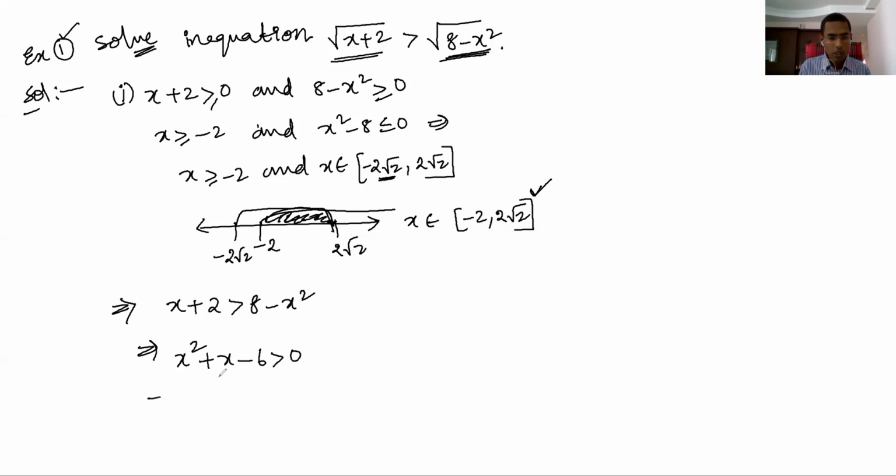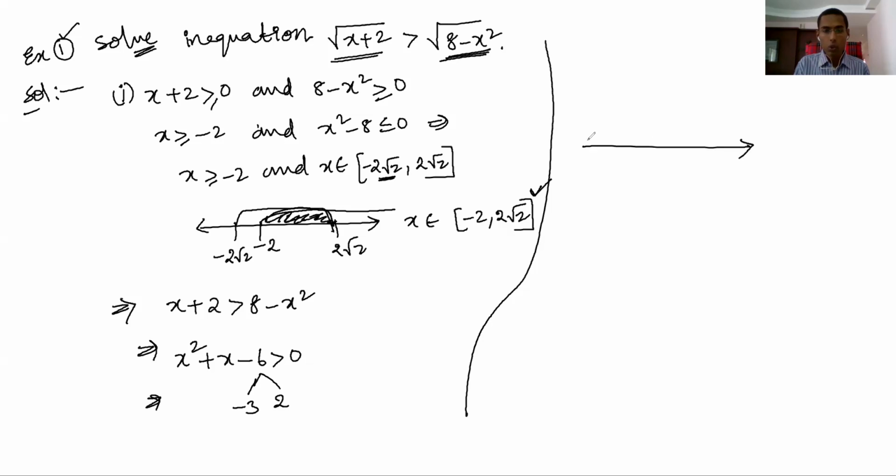So what you get here is the roots. The sum of the roots is minus 1, so you can directly write the roots like this. So therefore this is the solution: minus 3 is there, and 2 is there. Greater than means x does not lie between the roots, so x lies on this side or this side. So x belongs to minus infinity to minus 3, closed, then 2 to infinity.